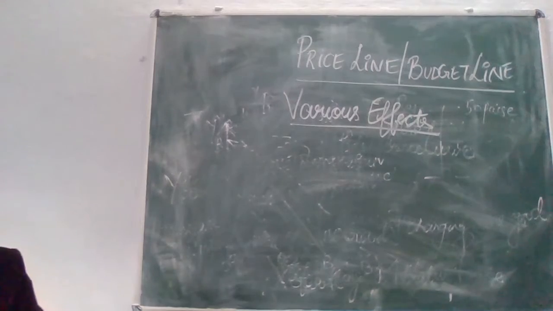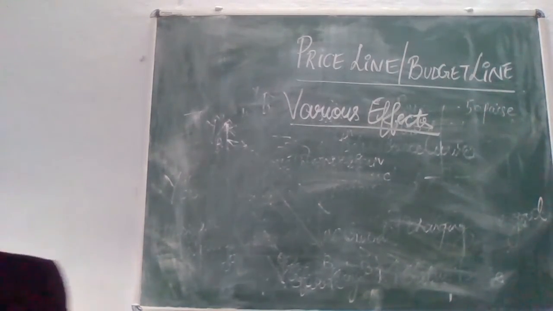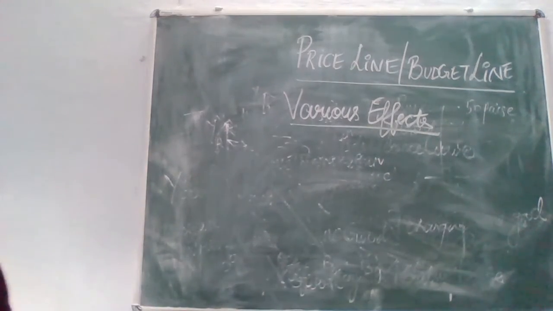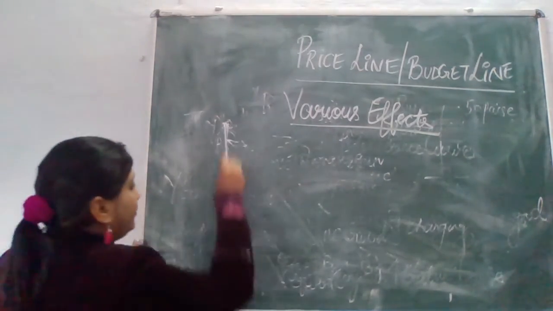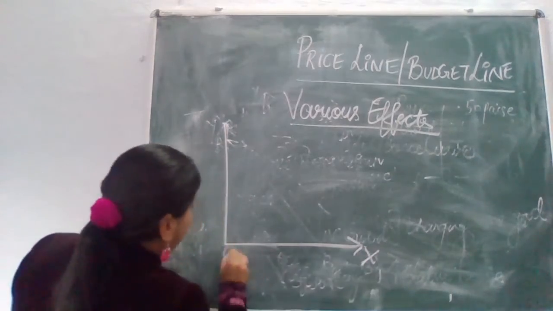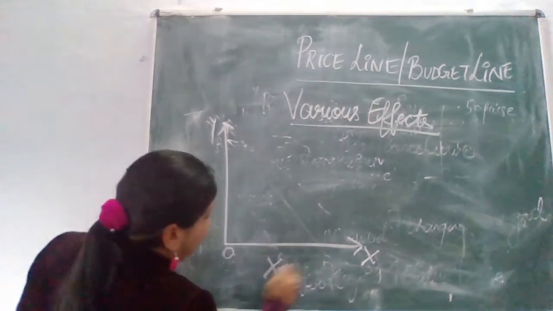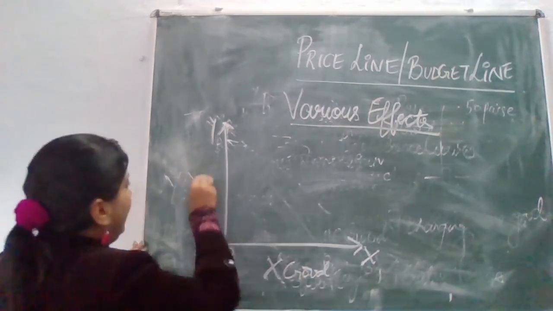And the third one is effect of change in relative price on price line. Now, relative price means that one commodity is comparatively cheaper and the other commodity is comparatively increasing. So it can be shown like this. Again, we are taking the same concept. X good and